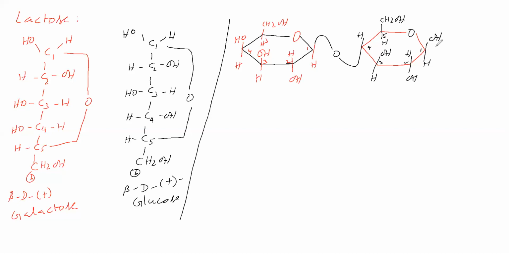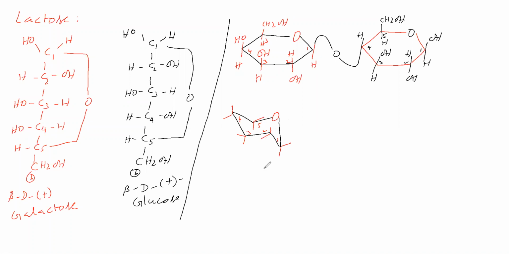So now we will give lactose in another form, the chair form. Now we will take galactose. We are giving galactose in a chair form. So now we will give numbering. This is C1 carbon, C2 carbon, C3 carbon, C4 carbon, C5 carbon. Here axial down, here axial up, here axial down, here axial up, here axial down. Okay. C1 carbon and C5 carbon are linked through oxygen.